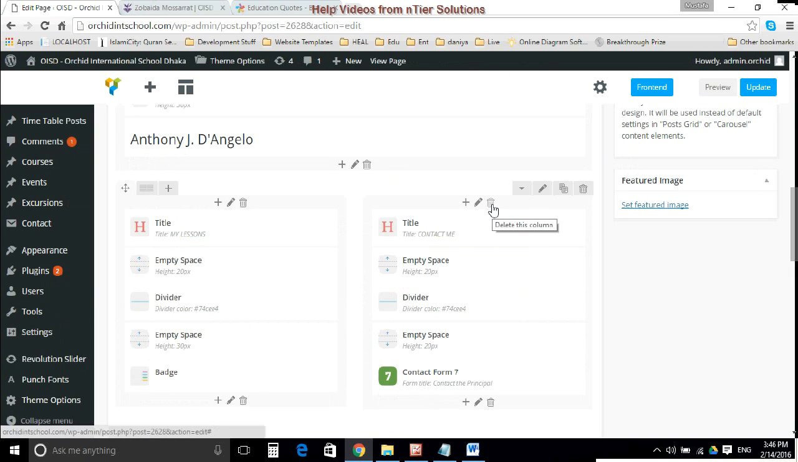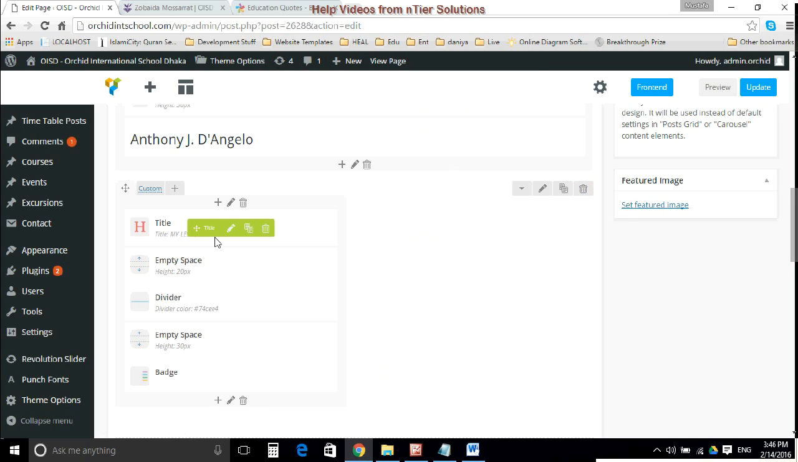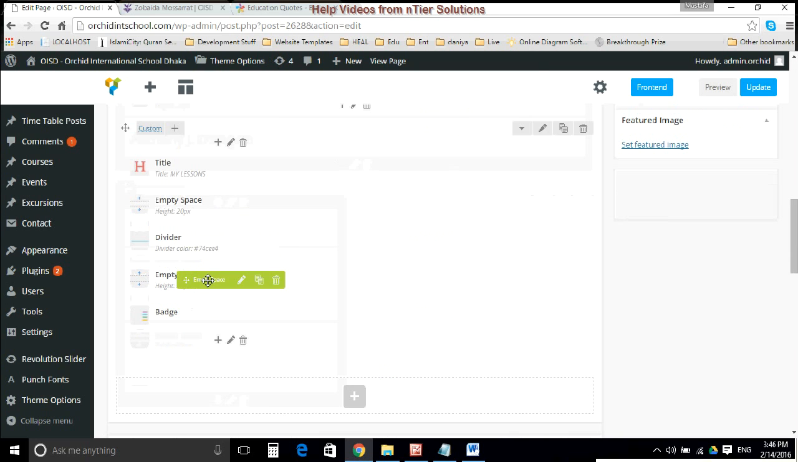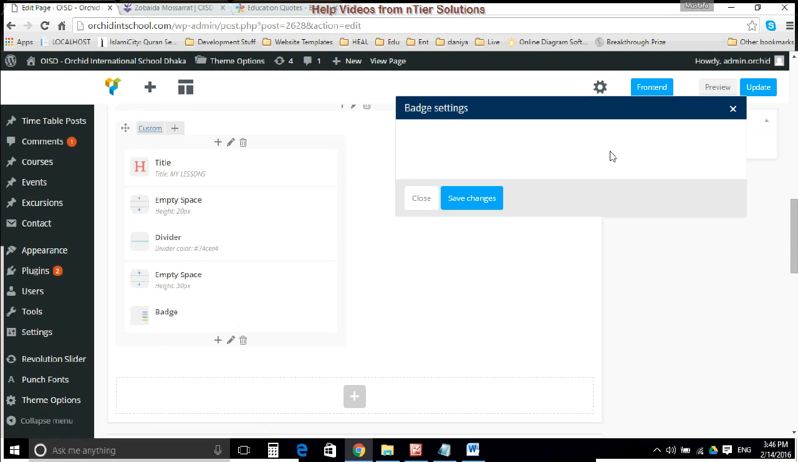You would want to remove the contact me area, this contact form. So for that, please click on this bin icon, but please make sure you click on the one above contact me, not on the right hand side. Please do not delete this, as this will delete the whole row. Just delete this column icon with the bin on it. There will be a confirmation message. Remove it, and on my lessons there is my lessons, then there is divider, empty space, and there is something called badge. So just click on the edit of the badge,